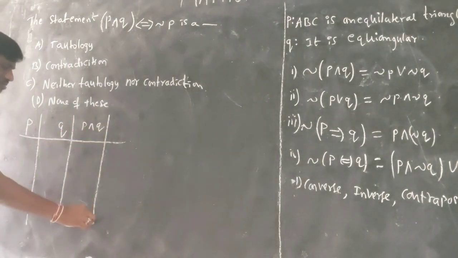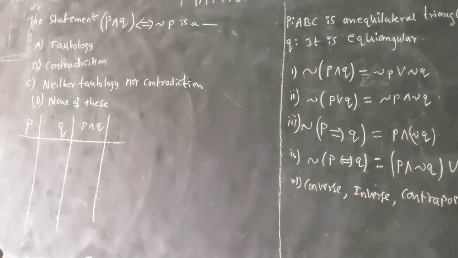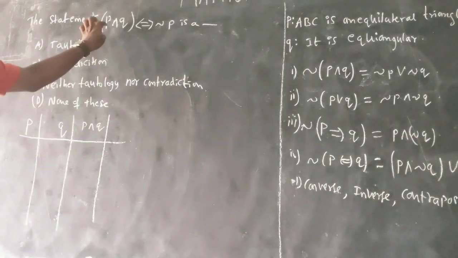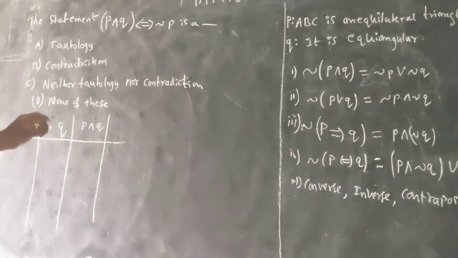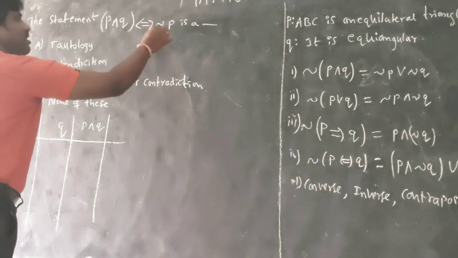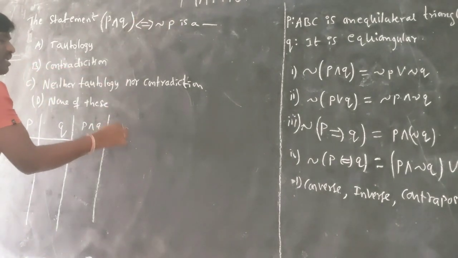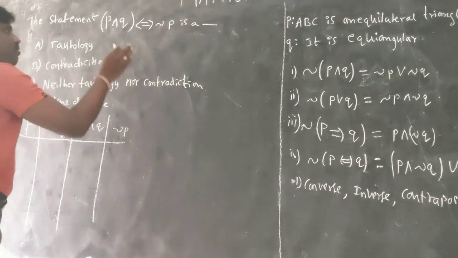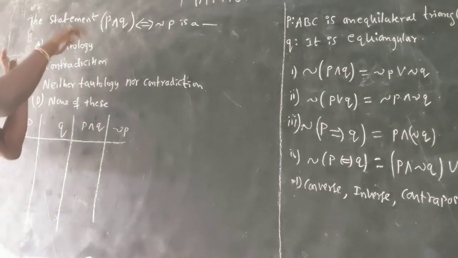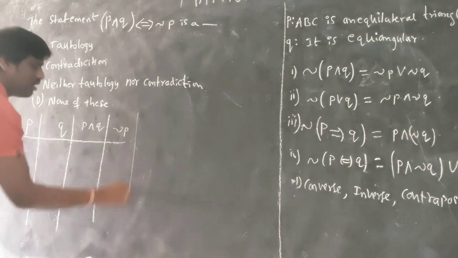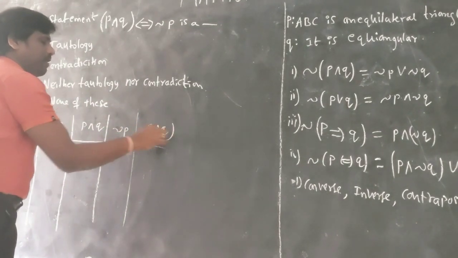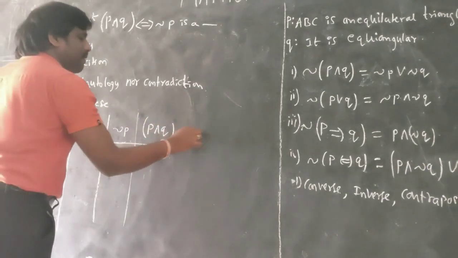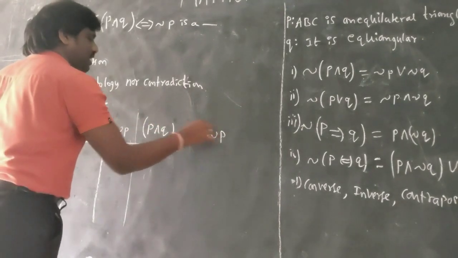You have to write this way only in the exam. Actually this question is there in the board exam also, Maharashtra board. That is the reason I am explaining how to write each and everything. Next, on this side what will be there? Negation P, the right side. So the right side part is over, the left side part is over. Then I can combine and write the whole thing: (P and Q) implies negation P.